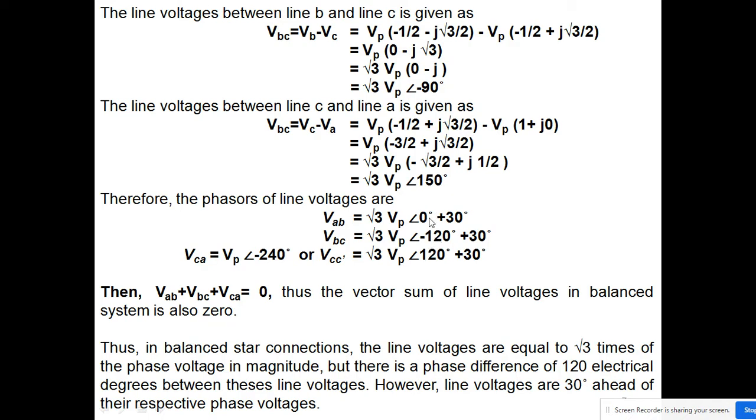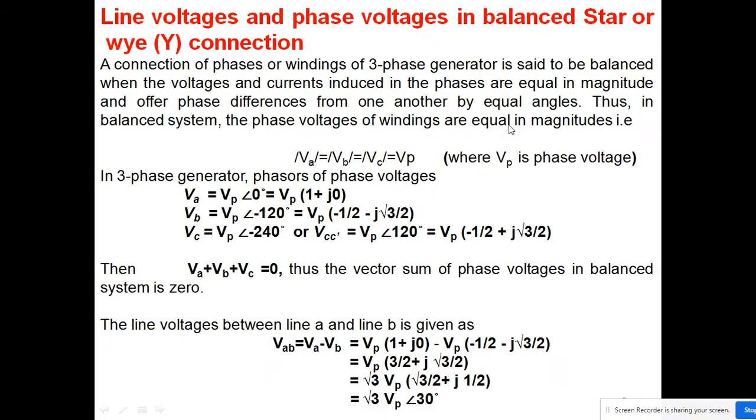So when we see the phasor notation for the three phase generator, you see this becomes 0, this one is lagging behind by 120 degree when I'm measuring from A in the anti-clockwise direction, and if I'm measuring in the clockwise direction, then it becomes minus 240 degree. Okay, so in all these three cases, what you can see from this one, and in the last slide,